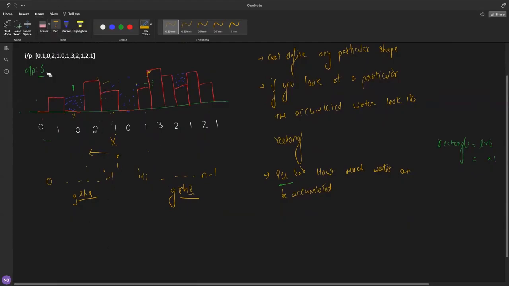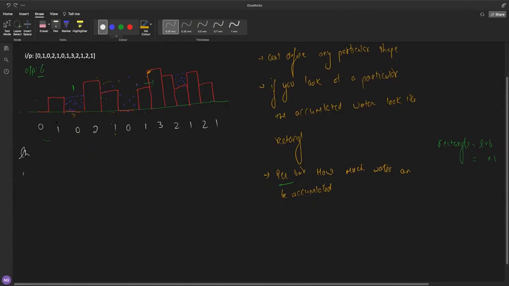We can use the already known information to get the greatest element on the right hand side and to find the greatest element on the left hand side. It is only a simple change. I will be taking two extra arrays here. One I will call LH, for the left hand side, and one I will call RH, for the right hand side. So let's see first how we can calculate the LH.